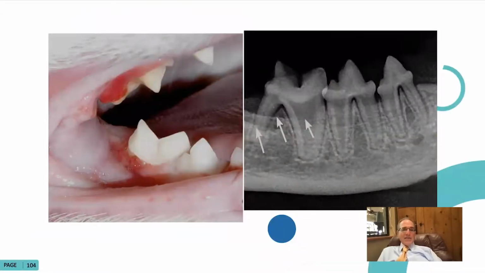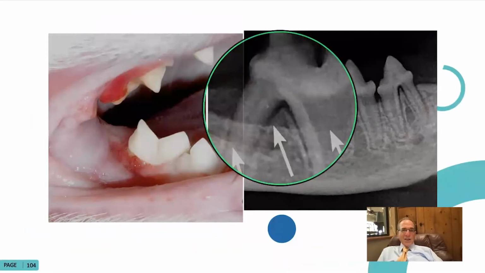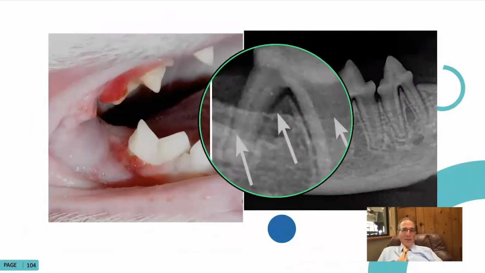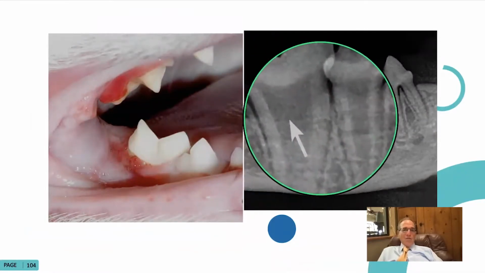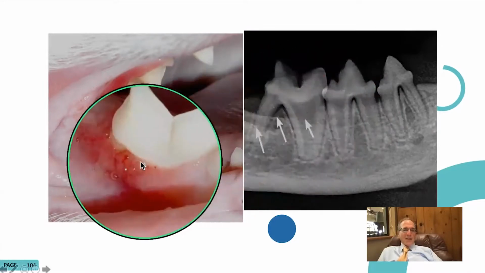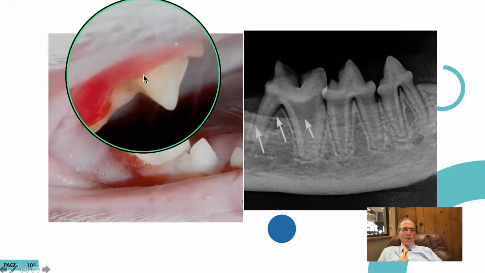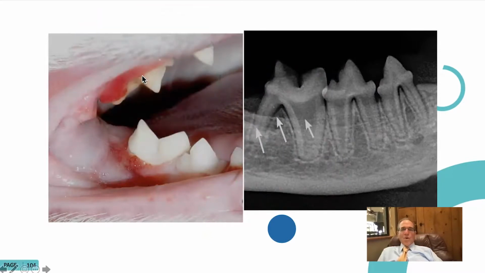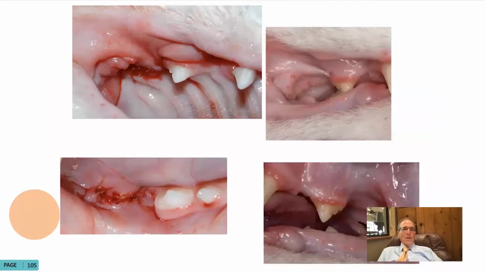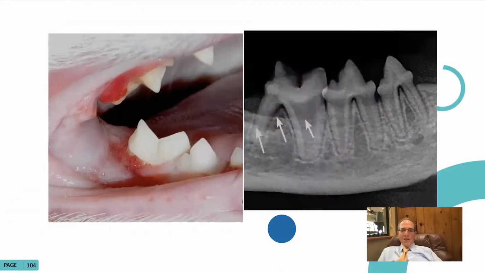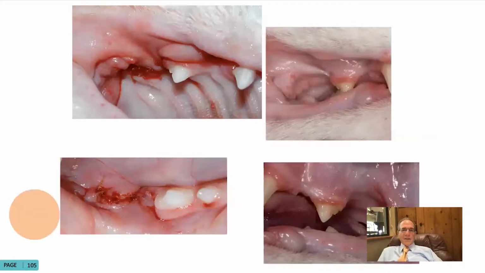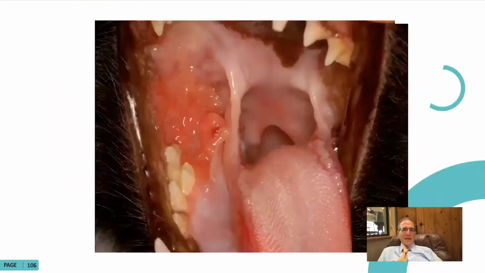Other areas of selective extraction: you take a radiograph and you see this bone loss here. The bone loss is typical for stage 4 or advanced periodontal disease. You actually see the root. So you know you're going to take out this tooth, and you're going to take out the upper 4th premolar tooth also. This is what it looked like right after surgery, and you can see how beautifully they heal. So this is before the extraction, and this is after surgery, and how nicely they heal.